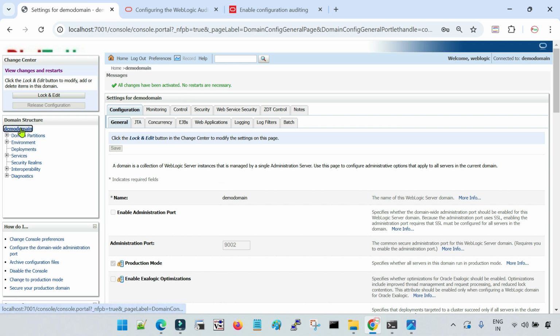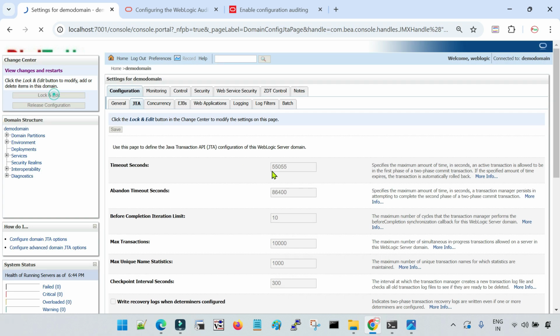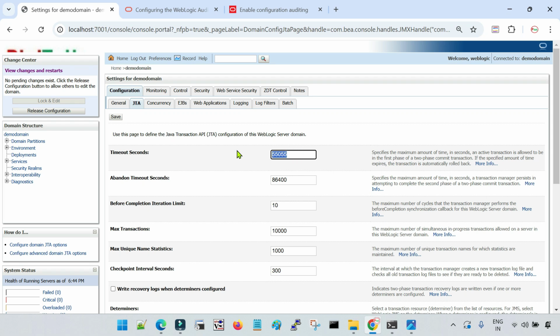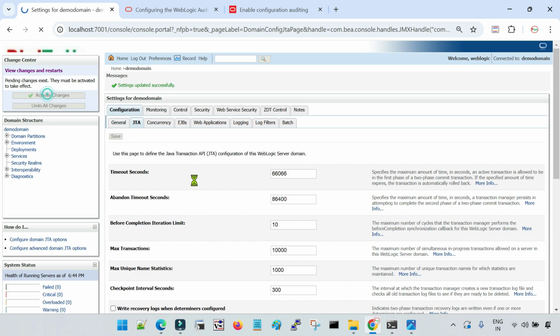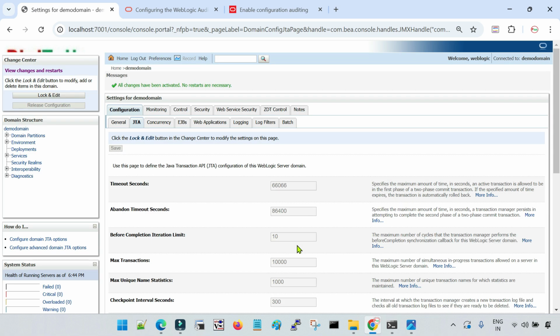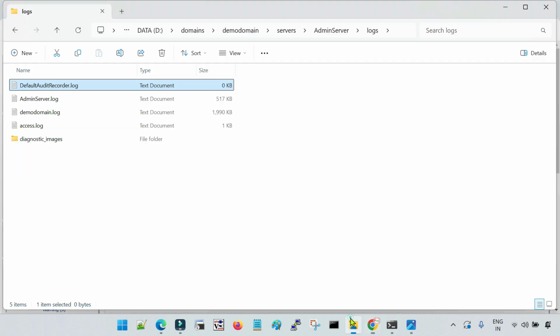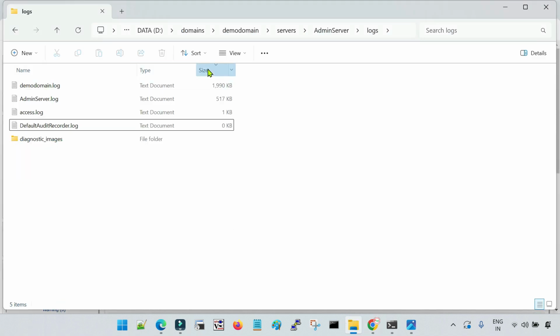So now again I will go to the JTA, and I'm going to change this value from 55055 to 66066. Let me save it and let me activate it. Now in the log file you will see the previous value was 55055 and the new value is 66066. So first we will